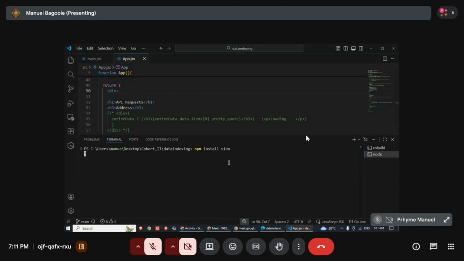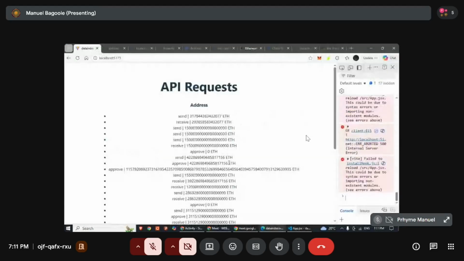So after installing viem, I can import that specific method, which would help me convert all my values from Wei back to ETH. Okay, it doesn't take very long, but we can let it take its time to install. So yes, this is very critical information. What I mean is, if you had to get all this information from a blockchain explorer, it's